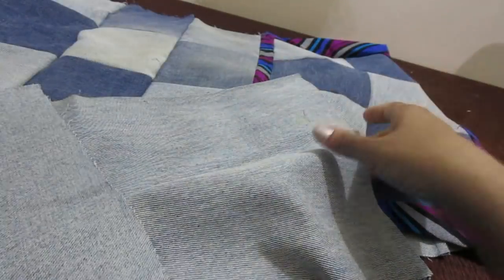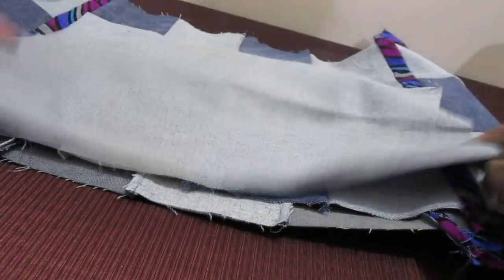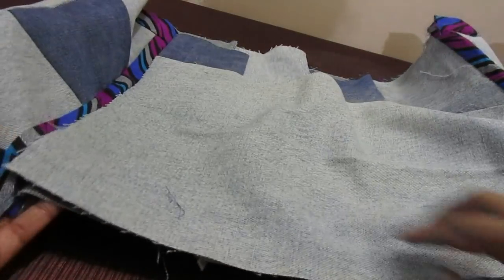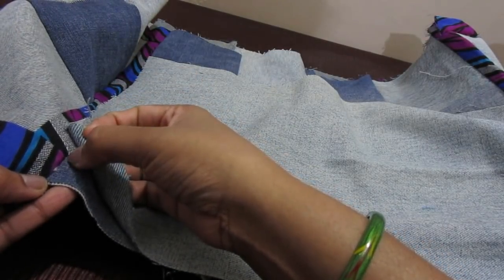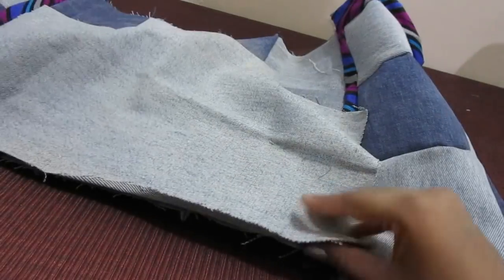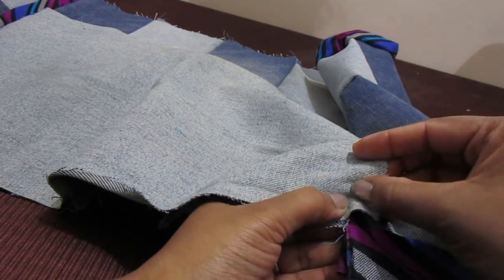So take the piece, this is the right side, match both the right sides together like this, and leave around ½ inch here, and then start sewing right to the edge where we had given a stitch. So start sewing from here and stop your sewing here in the edges, and then